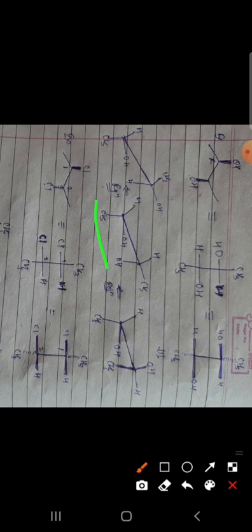So this OH group goes to the CH3 position, the CH3 group goes to the H position, and the H group comes to the OH position. Like this, H, CH3, OH come. This is a different molecule than this. This is called identical, equivalent conformations. So their stability and property are somewhat different from this molecule's property. That's why we have to check. And there are various conformations.